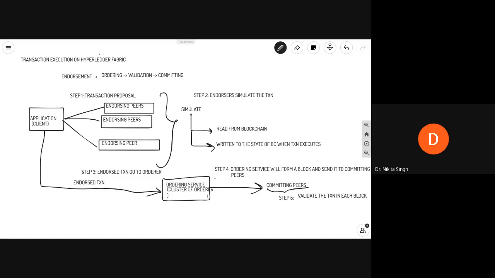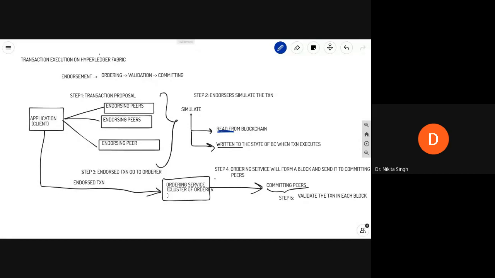All of this data goes to the ordering service that orders the transaction. It also has certain other information about the simulation. Now the committing peer will check, okay, it says that when these transactions execute, this will be the state of the blockchain. So before what the state is, after what the state is, that is the read and the write state of the blockchain. So it will check the read state to ensure that whatever the read state of the blockchain now is, that is the same as the current state of the blockchain.